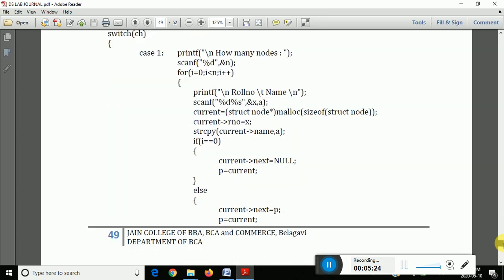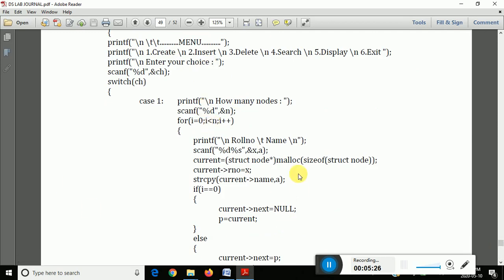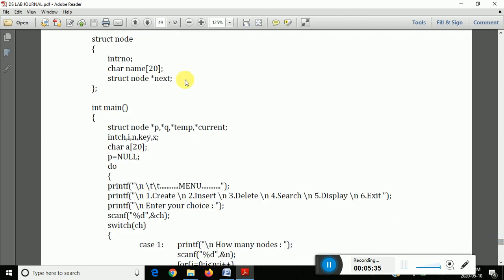So starting out it will be difficult. Keep on watching the videos three or four times, then you will understand. Why? Because it is complicated. Why is it complicated here? Because there is a struct node and a next pointer, so these are a little bit complicated. Here roll number is there, name is there, and these are the variables which are pointing to this.